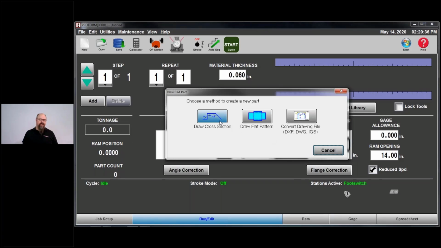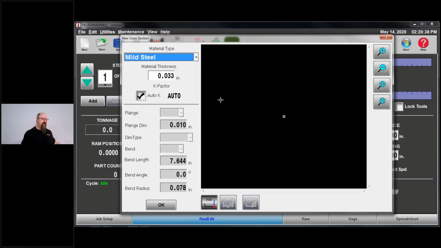So draw as a cross section. Basically, what you have here is an Etch-a-Sketch. If y'all can remember the old kid's toy where you had the two knobs, where you turn the one knob and it goes up and down, you turn the other knob and it goes back and forth. That's what I have on the screen here. Now, generally speaking, the approach that we take for writing a program is we start at the top left and we work our way to the right. And then we work from the top down.